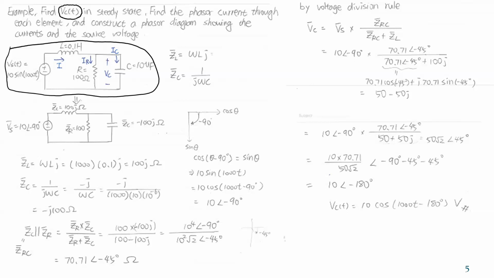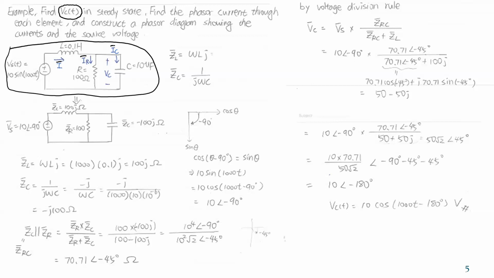Right here, you have a phasor current. This is I. For everything that is a phasor, we put a bar on top. And phasor current through the inductor, you have phasor current through the resistor, you also have phasor current through the capacitor, and construct a phasor diagram showing the currents and source voltage. Okay, so